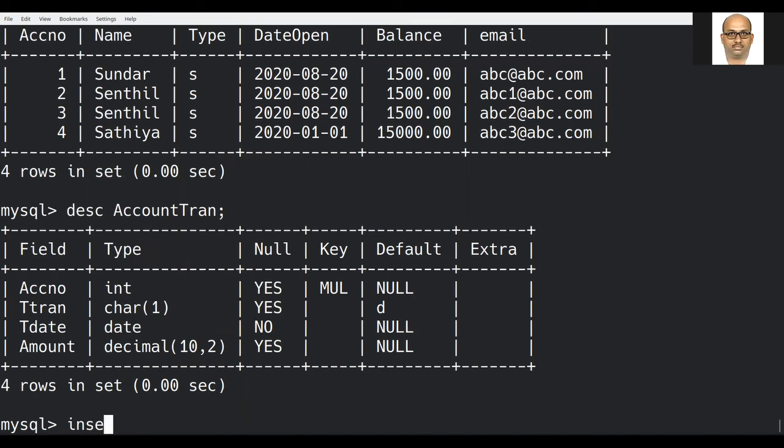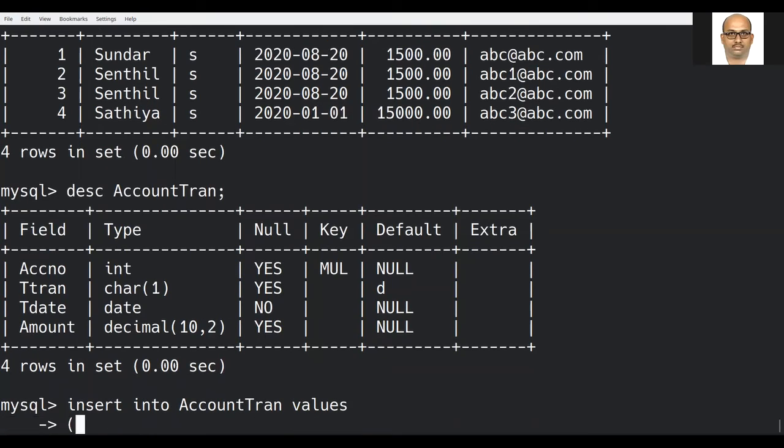How does this prevent us? Let us see. Insert into the table name, namely account tran. What are the values? I am trying to give an account number 5. Transaction type, here I am trying to give it as deposit.